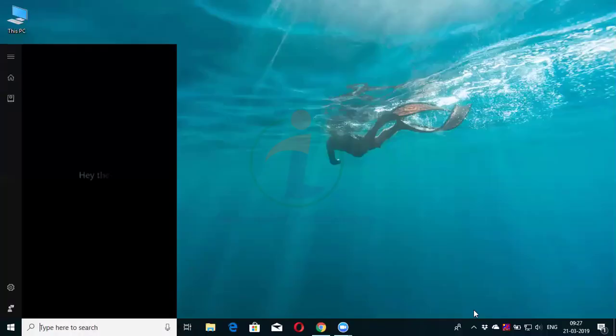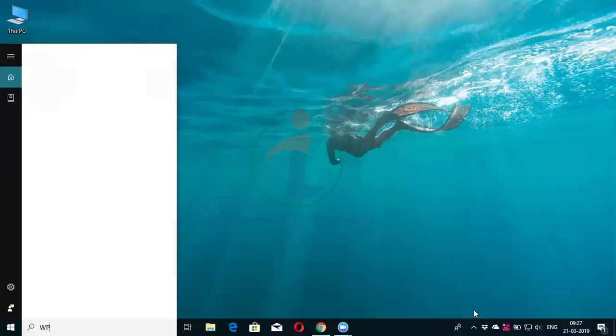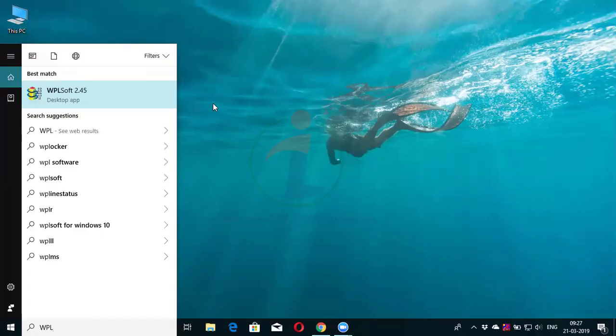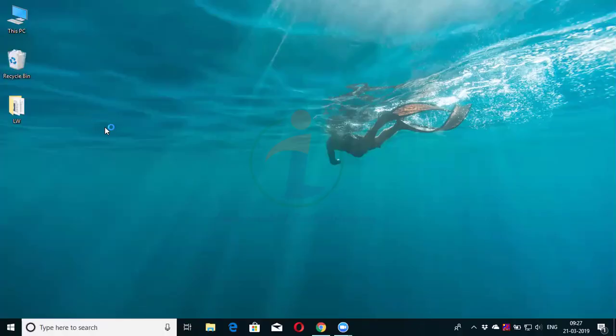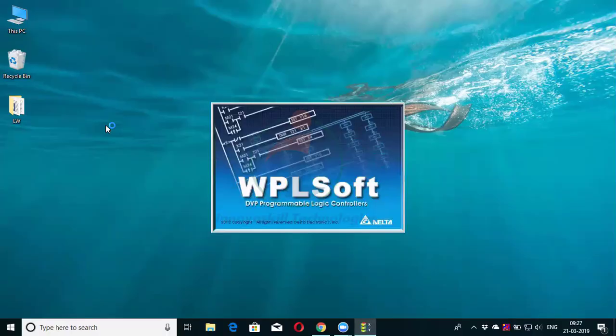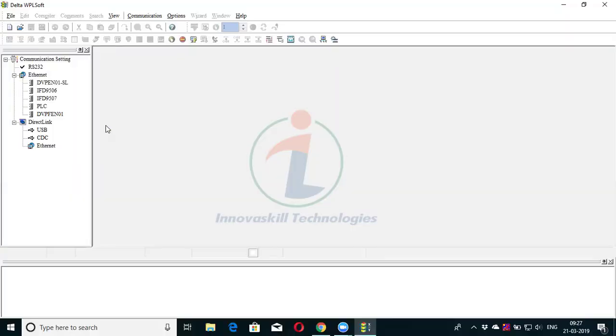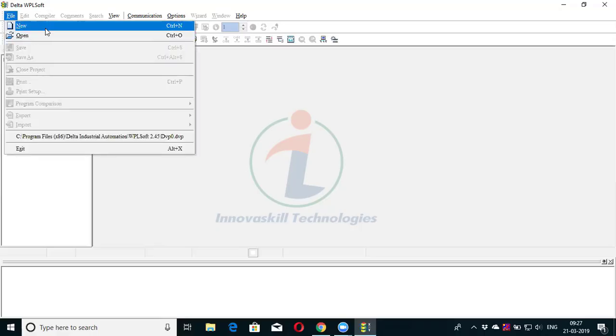So directly we can open that software, WPLsoft. After opening the software, you have to go to File, select New.